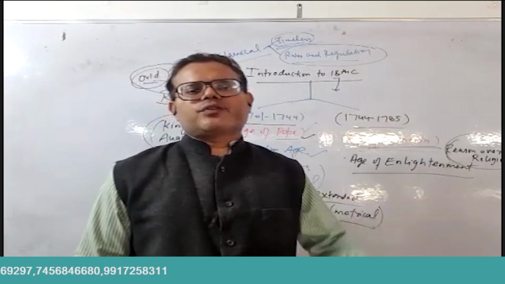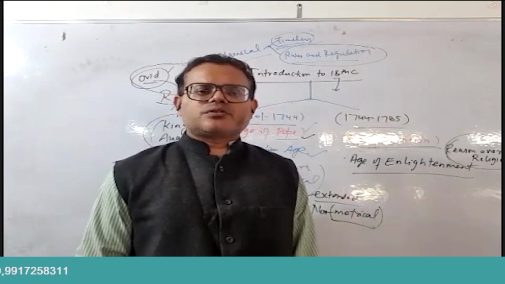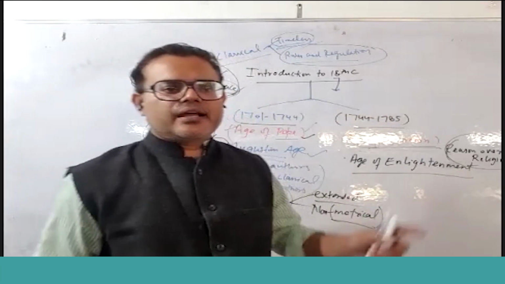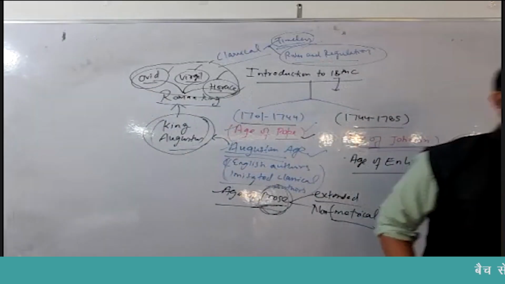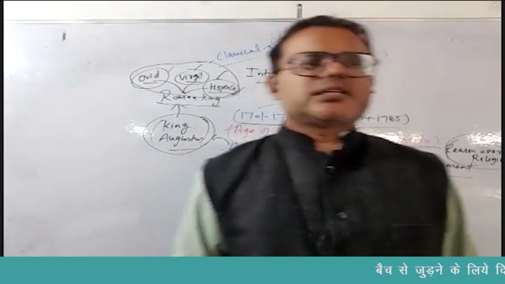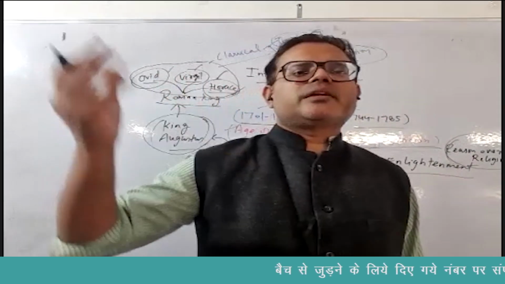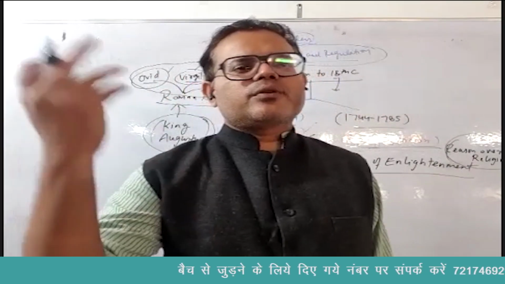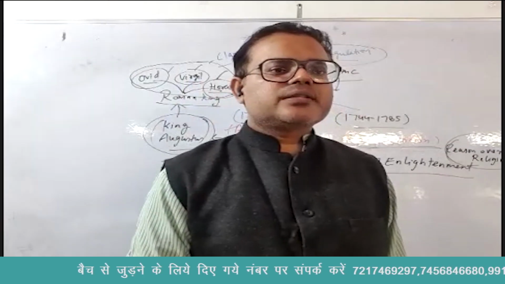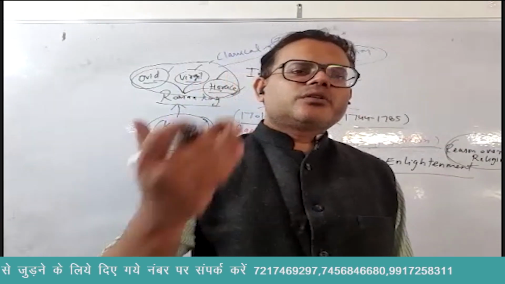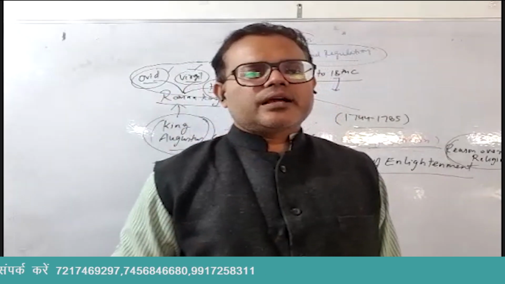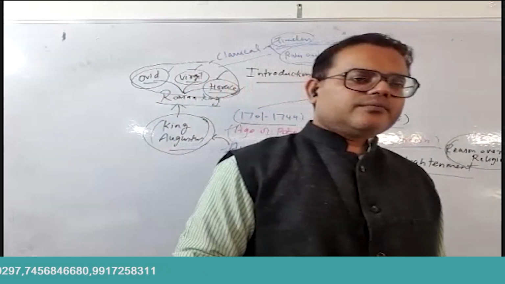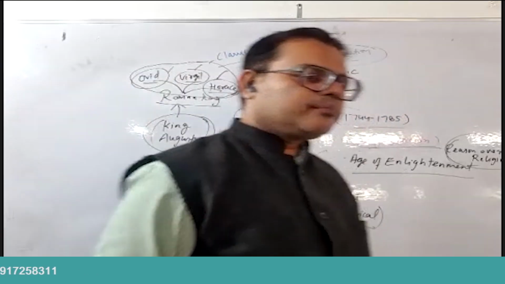And famously, it was declared that Jesus was also one of us. The slogan appeared in this Enlightenment that Jesus was also one of us. That means Jesus was not a miracle man. He did not appear from nowhere. He was one of us. That means he also appeared through the normal process of being in the womb for 9 months and then being born.